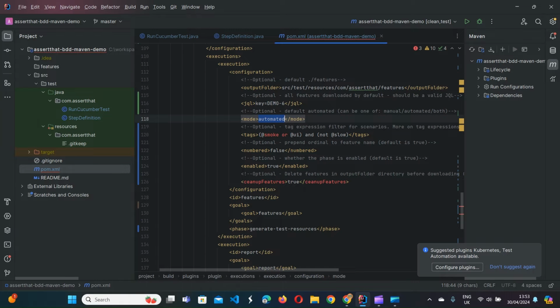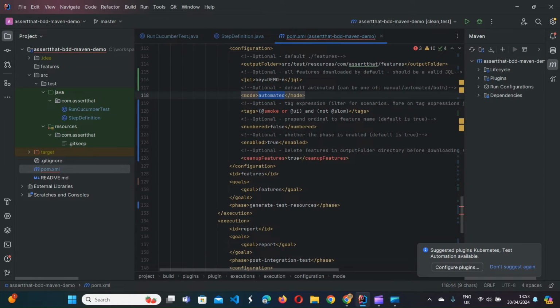So we said we leave it as automated, so only automated scenarios will be downloaded. And then tag expression. So remember, we've added the demo tag, so we'll use that to filter scenarios with the tag demo only. Numbered tells the plugin to prepend an ordinal before the name of the feature file when downloaded.